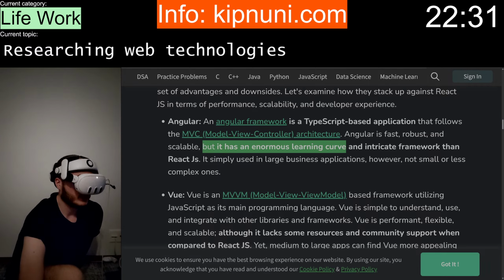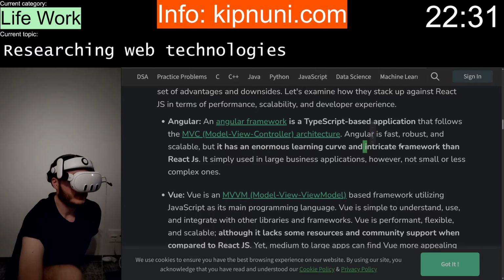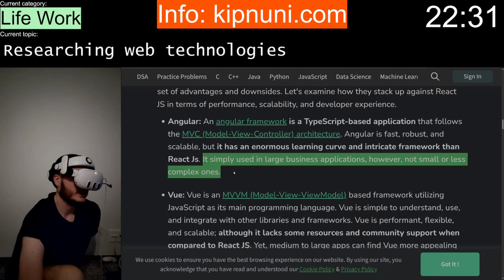Enormous learning curve and more intricate framework than React. Simply used in large business applications. Wait, what? It's simply used. Is this automatically translated article? Well, interesting.